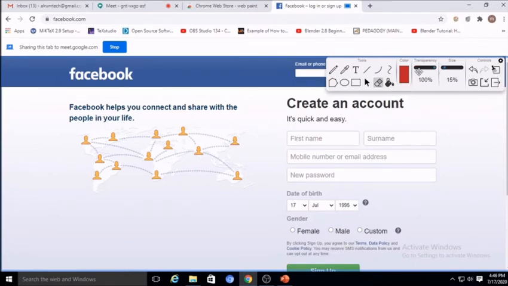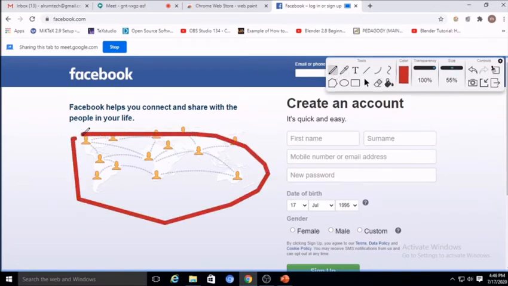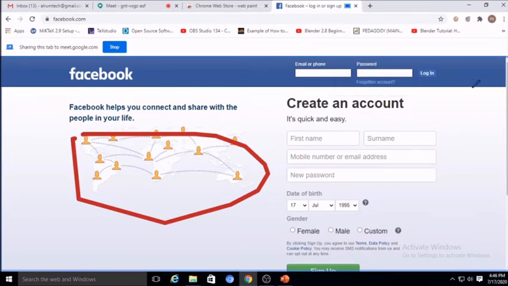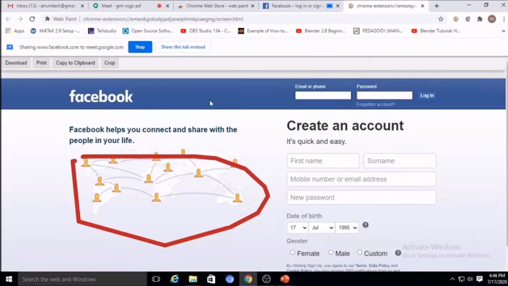Then you can have the transparency 100% or size, you can increase the size. So this is somewhat more size. Then you can take picture of this. So this is picture taken. You can download, you can print, you can copy to clipboard.